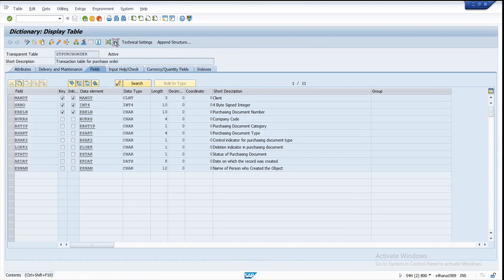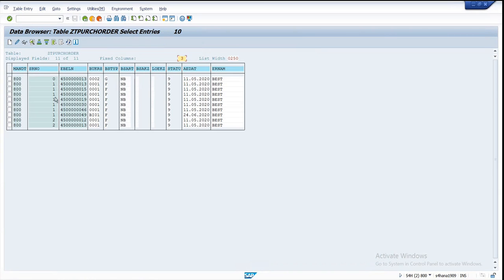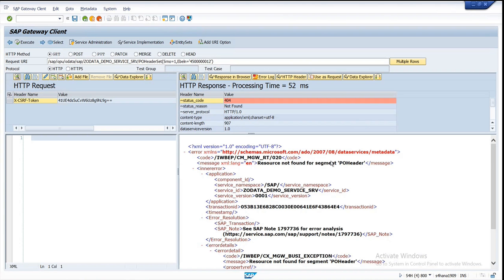Wait, we'll go to this contains and we'll execute. Now you won't see that record ending with 402. The record which we deleted has 12 as the ending of the purchase order number, and it has SR number 1. So we don't see any record with the combination of SR number 1 and EBELN ending with 12. So we don't have that combination. So just now we deleted that record from this table. Okay. Any